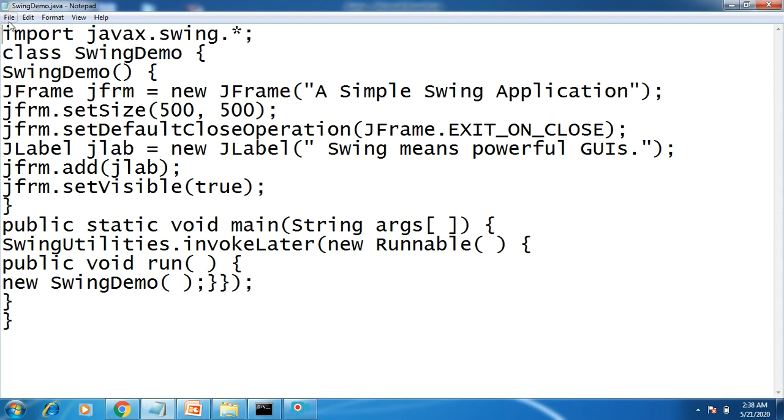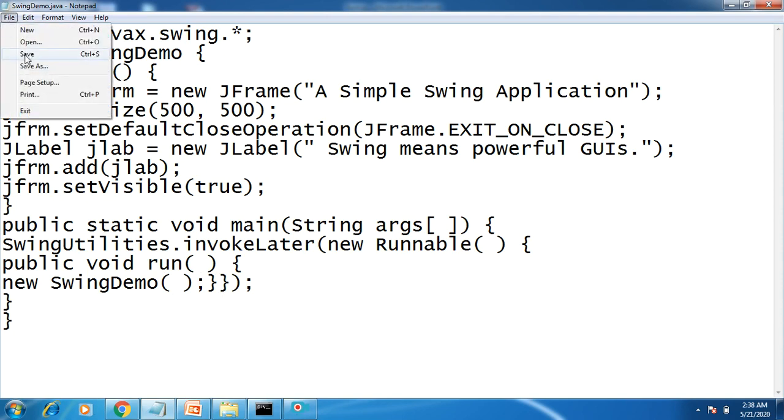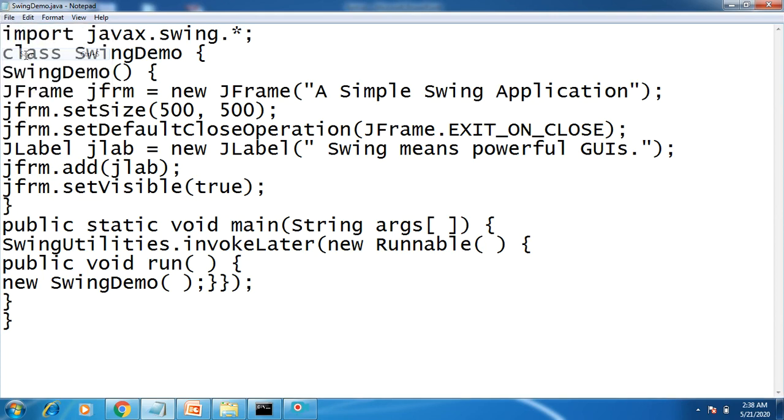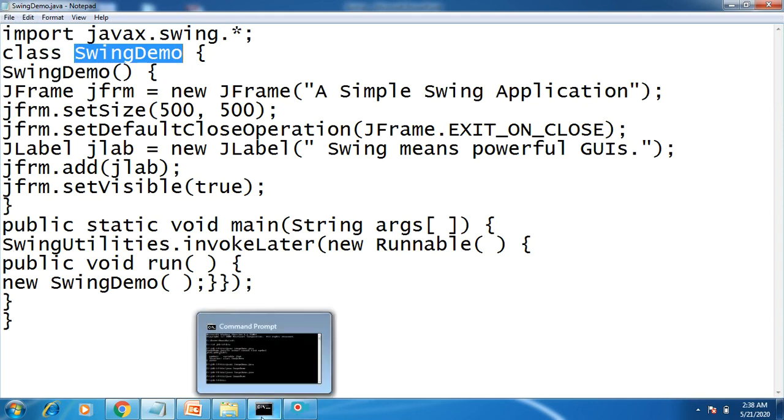Now what we'll do, we'll save this program. Remember, while saving the program you have to give the same name that you have given to the class. So the name of the file will be SwingDemo.java.